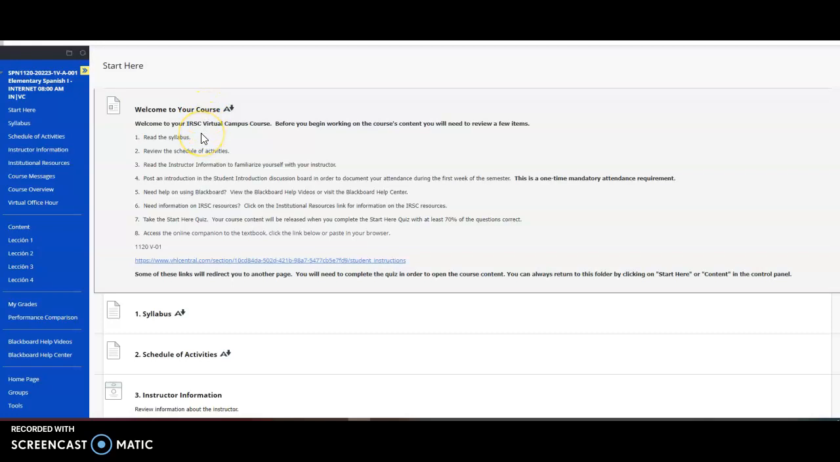Of course, read the syllabus, review the schedule of activities, read about the instructor information to familiarize yourself with your instructor. You'll post an introduction, a student introduction discussion board in order to document your attendance during the first week of the semester. This is a one-time mandatory attendance requirement. And then there's a couple things here, like if you need help with Blackboard, or if you want information on